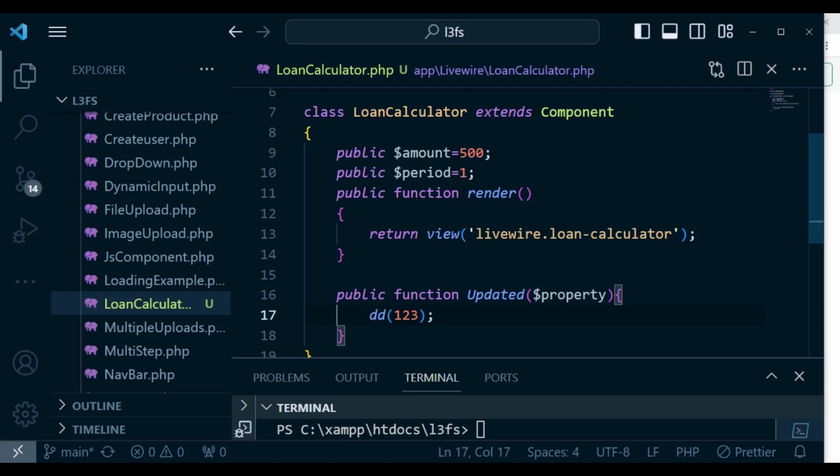Anyone that is updated, then you will have something that will be triggered. So what I want us to do is set the values once we have an update to the amounts, or maybe to the period. But what I want to do is to modify our amount, because if I remove this and go back to our form and try to move the slider,